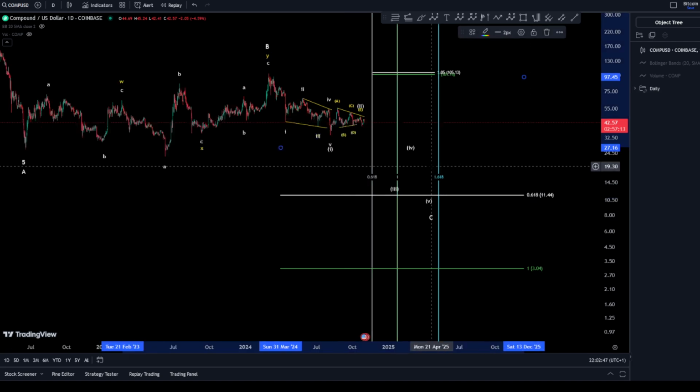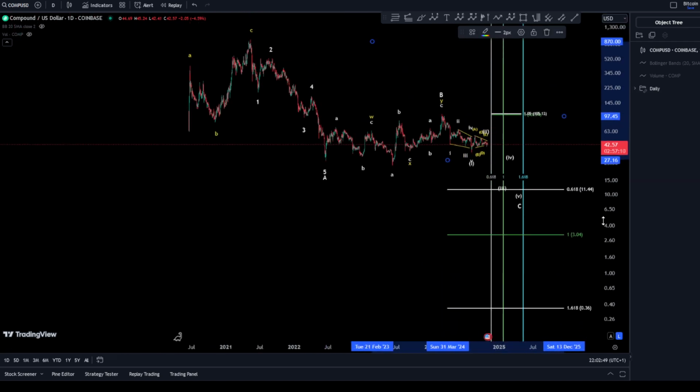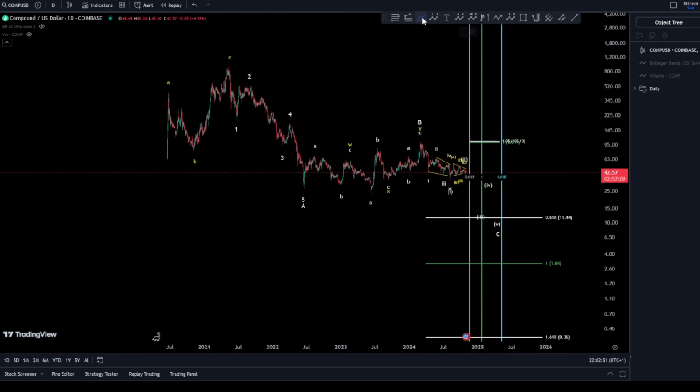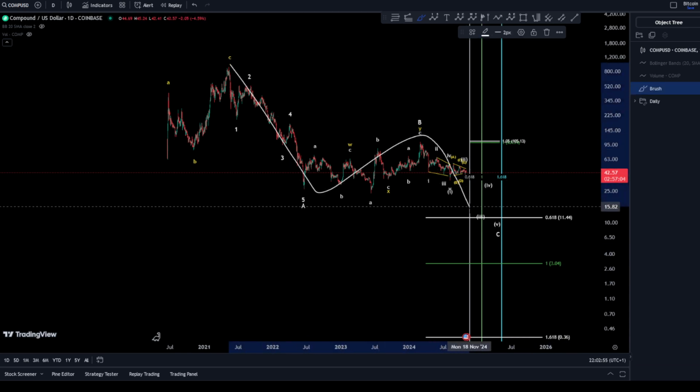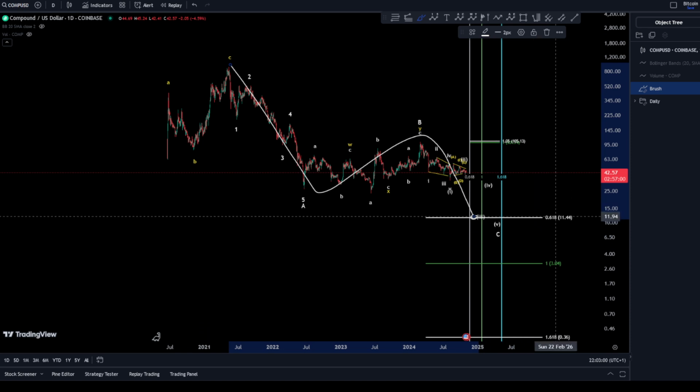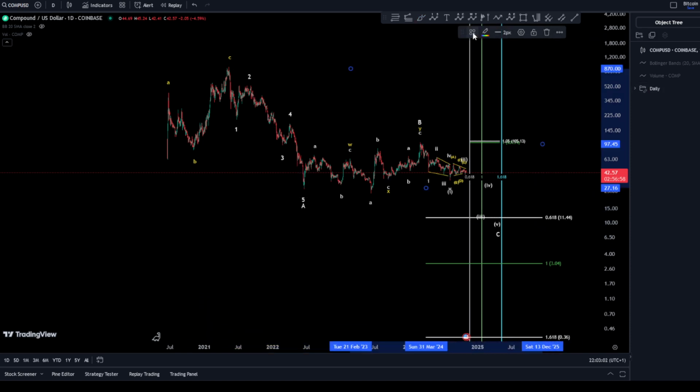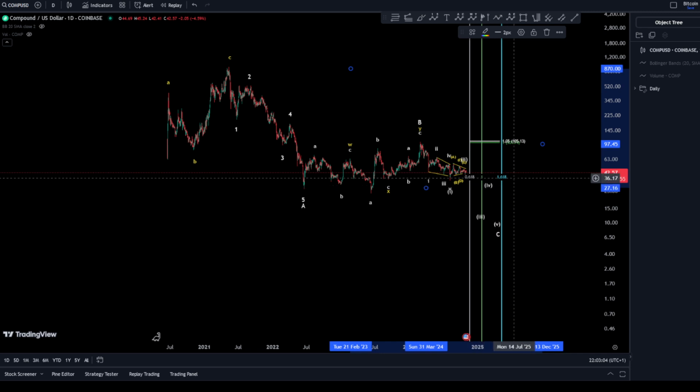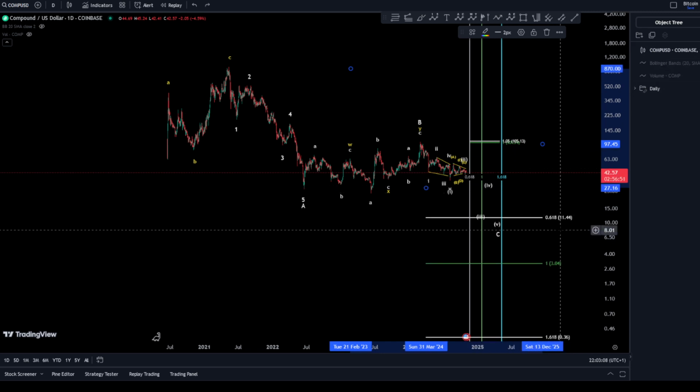Yeah, I mean, this is for your wave C. Now, that is another possibility, which can be less painful in case we are in WXY, because your Y can reach only the 0.618. In that case, because if we have here a Y, it is possible, of course, to get